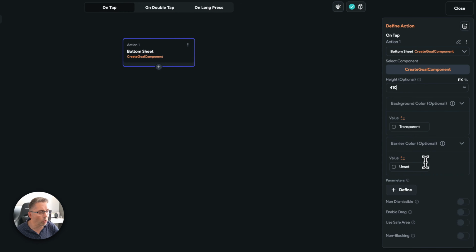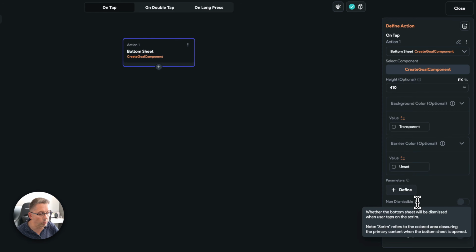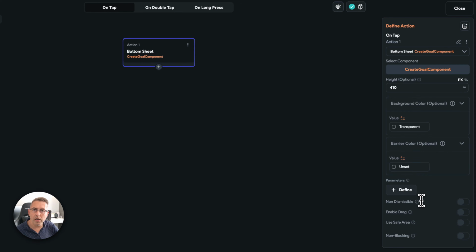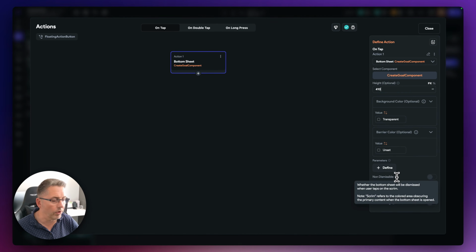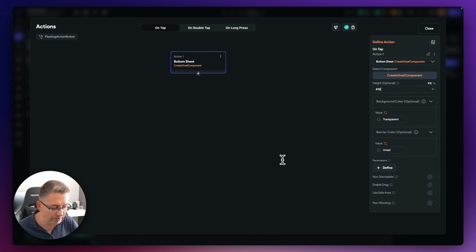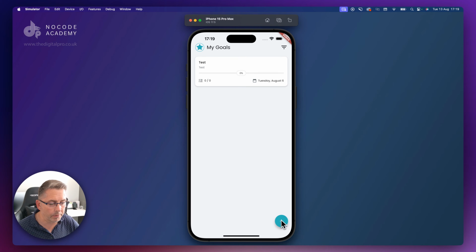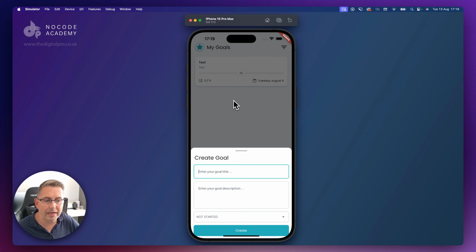Now there's a couple of little options that we would like to look at down here, and these are these particular options here. So one of them is non-dismissible. Now we can force our bottom bar to not be dismissed. So what this basically means is that there's a particular area, like a scrim area, inside our application. Let me just demonstrate that to you here. So if I hit the plus here, there's a little scrim area here. Now what we can do is, if we don't want the user to dismiss this bottom bar, we